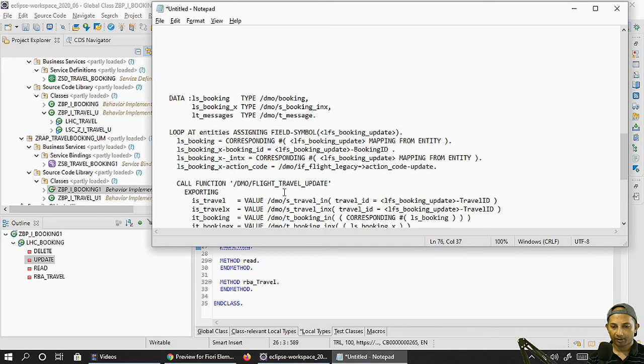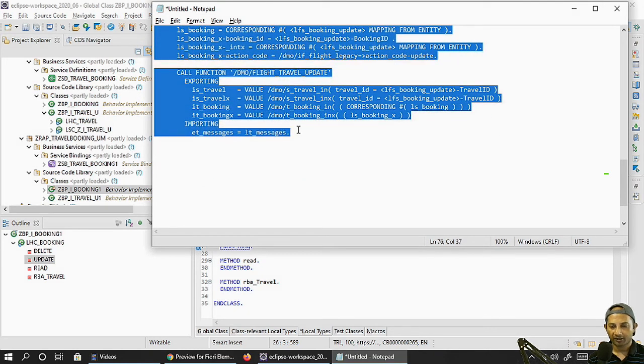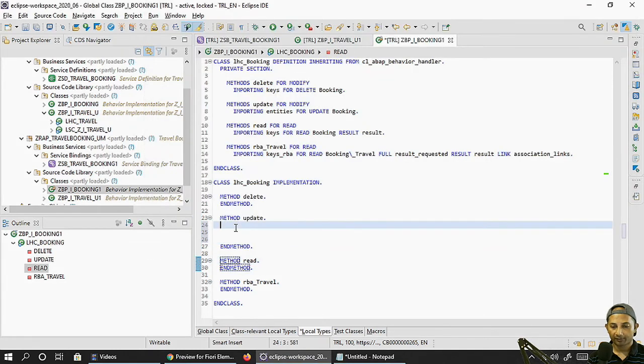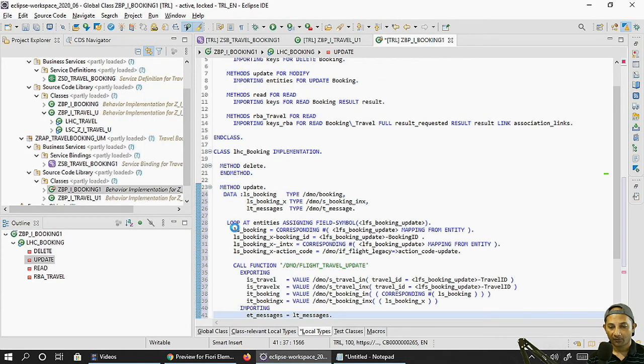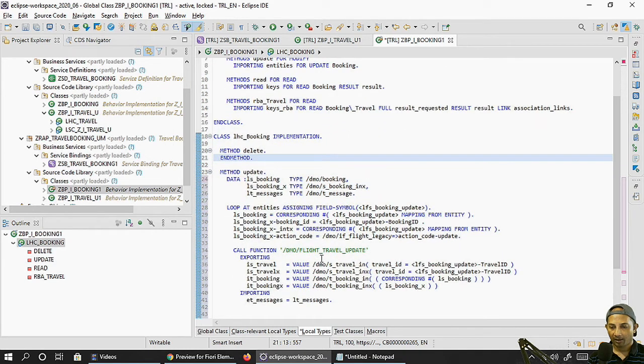I'll just make the channel a little bit fast and easy. So just copying this code, pasting it over here, and I'll explain of course what I'm doing. So here for the booking update you have the importing parameter entities, correct? So the same entities I'm looping through, and this time I cannot use the control. Last time also I told using control will work, because here I'm just mapping from entity to a booking structure, right? It is booking. I will not use using control.